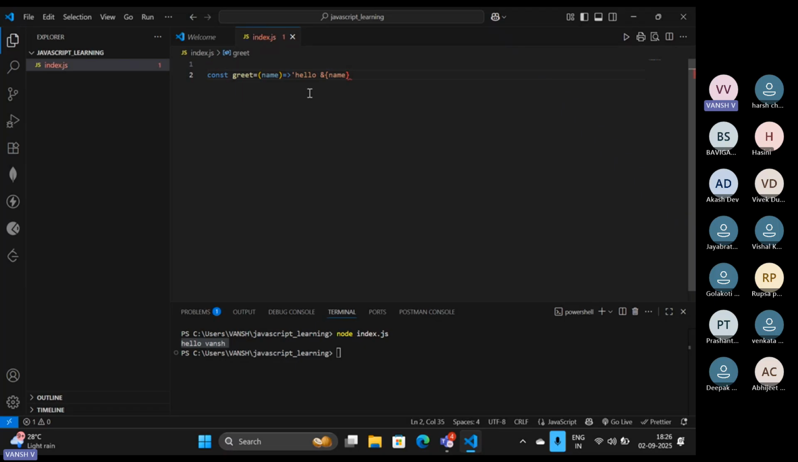But there is one thing you have to do. You have to use backticks so that it can evaluate accordingly. So hello, and then not this, this is a dollar symbol. So this will be evaluated for you when you call this function. So how am I going to call this particular function? For that, I simply use console.log, and after that, greet